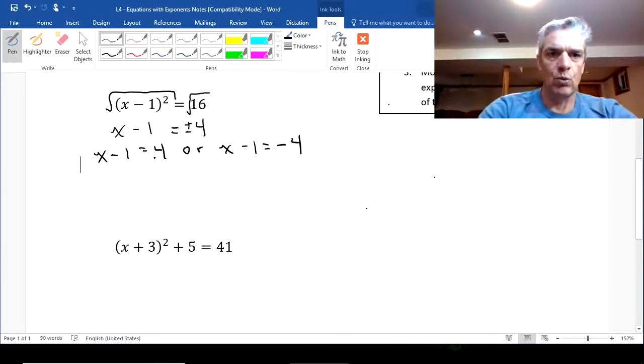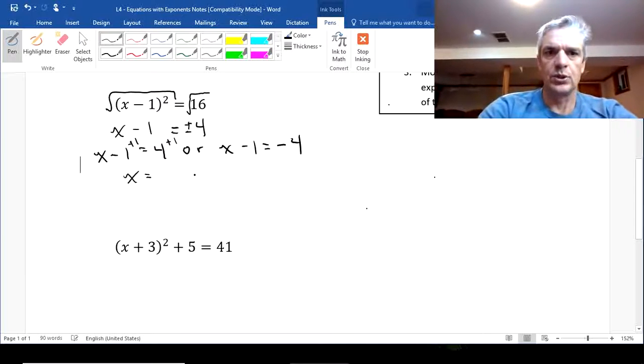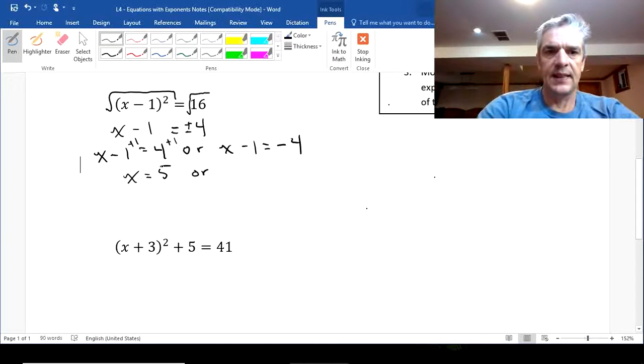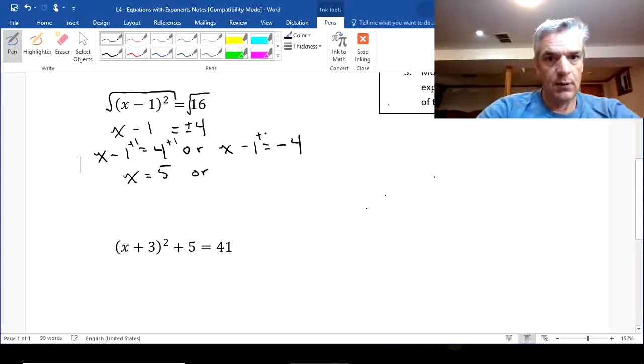So x minus 1 equals 4 we can solve by adding 1 to both sides, and we get an answer of x equals 5. And then we write or. It's important that you write or, because you're saying that it's not all one statement here. We're actually writing two sets of statements, and that allows us to have two equal signs in one row of work, which is normally very taboo. It's something that we just don't do. So this here, plus 1